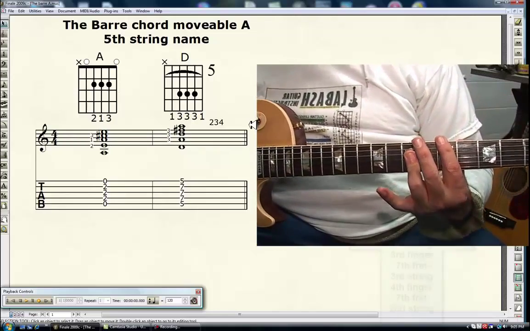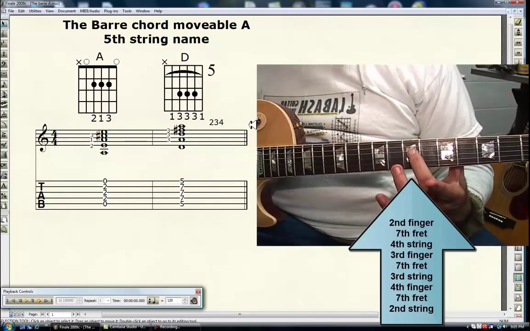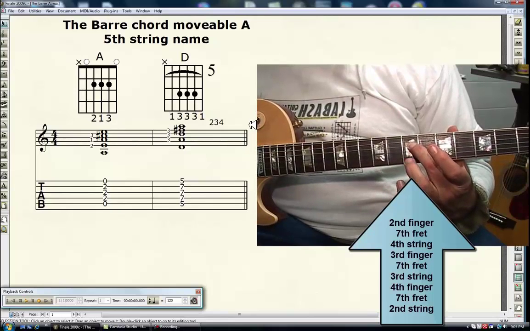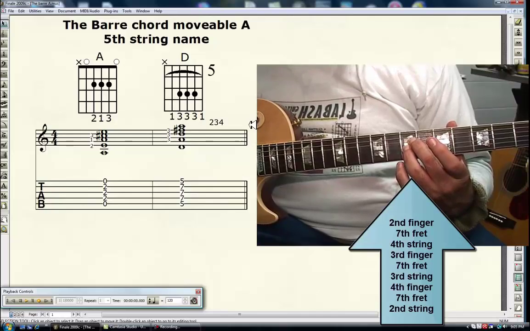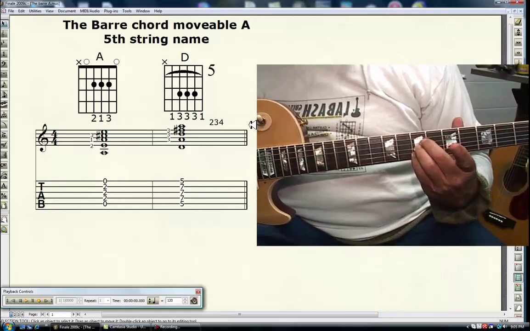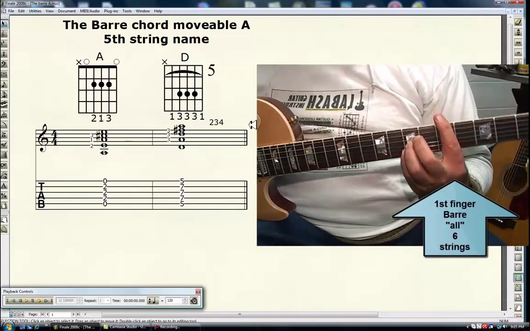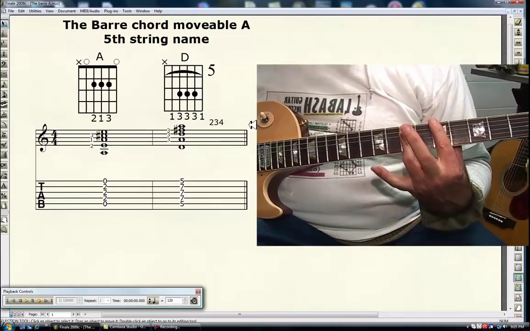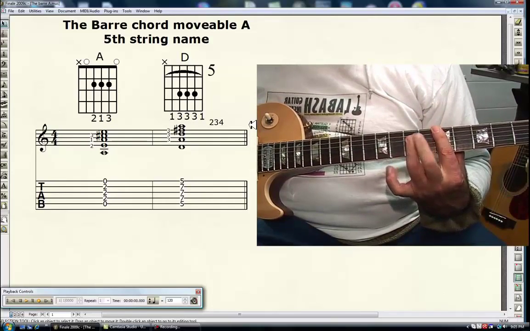So about the alternative fingering, you could do this. 2nd finger, 7th fret, 4th string, 3rd finger, 7th fret, 3rd string, the 4th finger, 7th fret, 2nd string. So you've got 2, 3, 4, you see them? And then you bar the 5th fret. I find this actually harder to do. I find it much easier to do this,